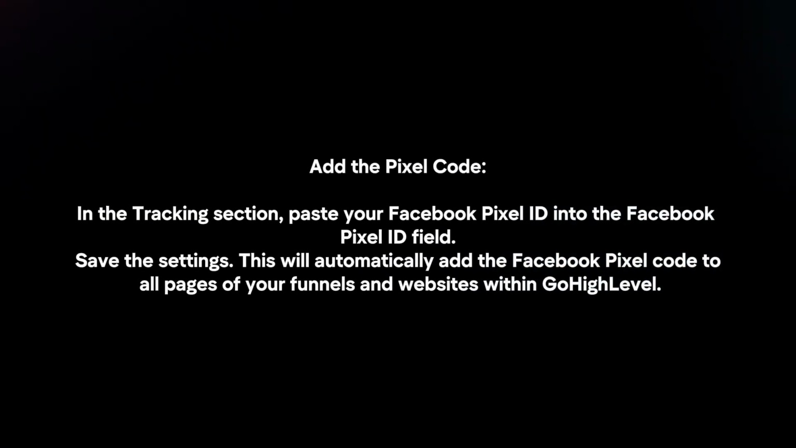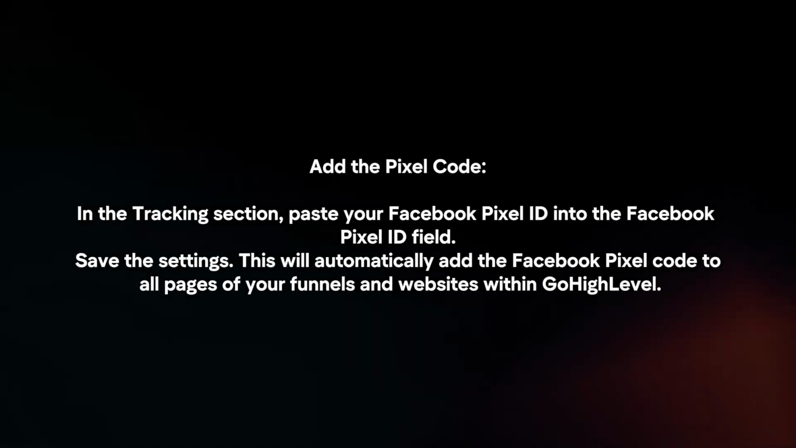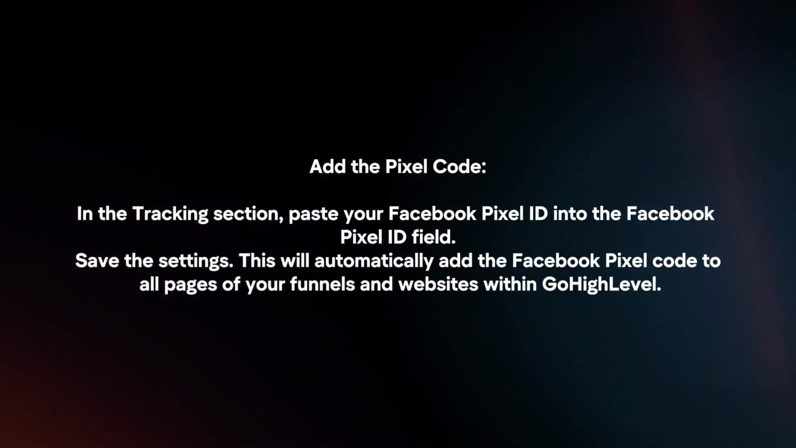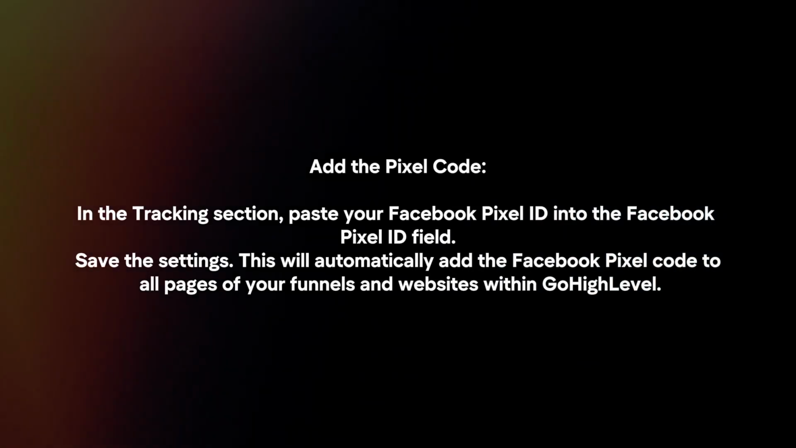Add the pixel code. In the tracking section, paste your Facebook pixel ID into the Facebook pixel ID field. Save the settings. This will automatically add the Facebook pixel code to all pages of your funnels and websites within